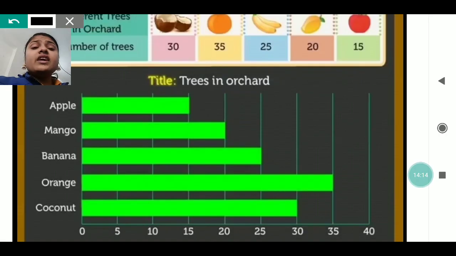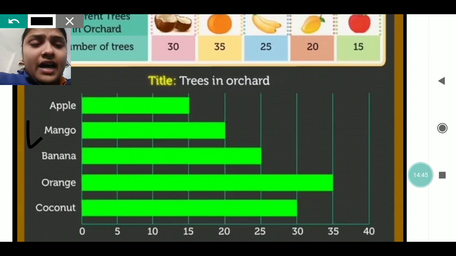Now we are drawing the horizontal bar. Sorry, I said vertical. Horizontal bars are also called sleeping bars. In this there is a little bit of change. The rest of the things will be the same. Only the numbers which we used to write on the left side, that time we will write downside, below. And the names of the fruits which we used to write below in the vertical one, we are going to write to the left side. And then after that we have to draw the bars accordingly.